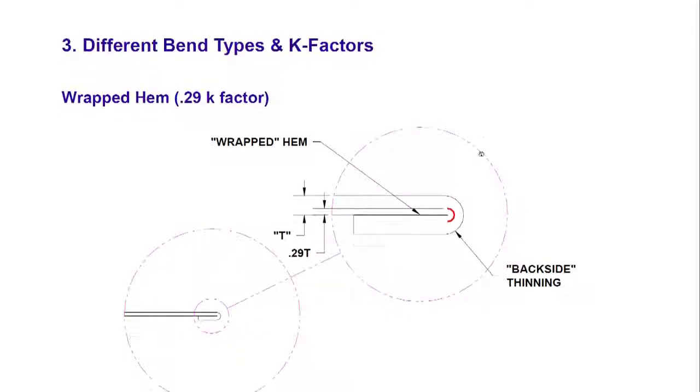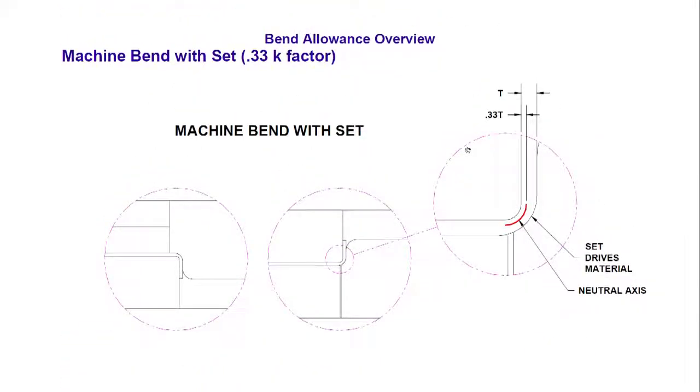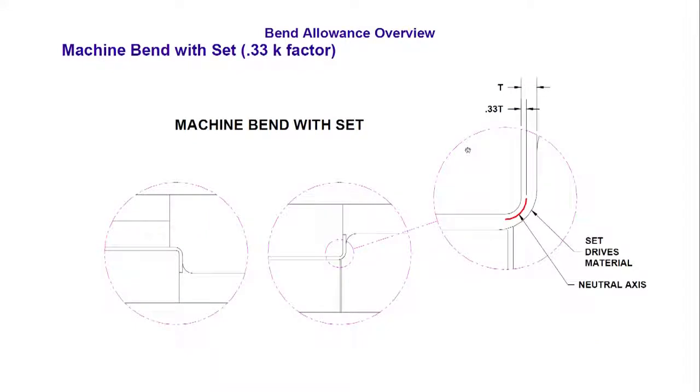So, coming back to my drawing here again, you have seen that something called a set is given. When they say set, it means it is a punch and die system. Okay. So, one part of it is the bottom, which is here, and another part is the top. So, here this is upwards, here this is downwards. The set drives material